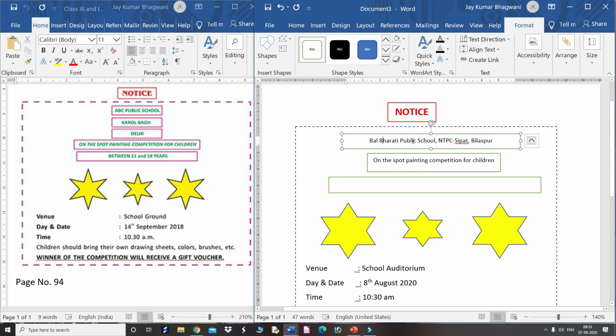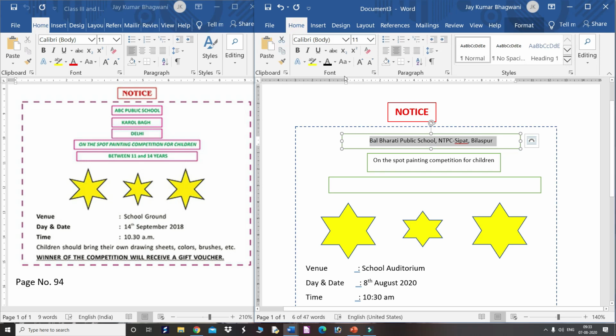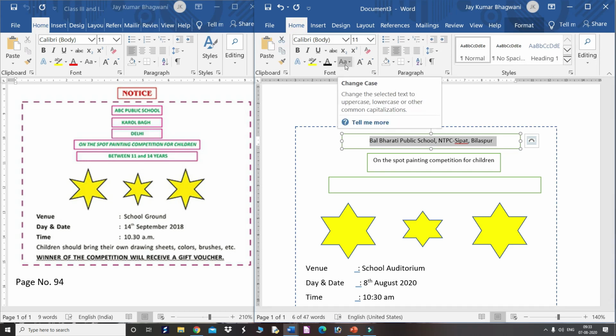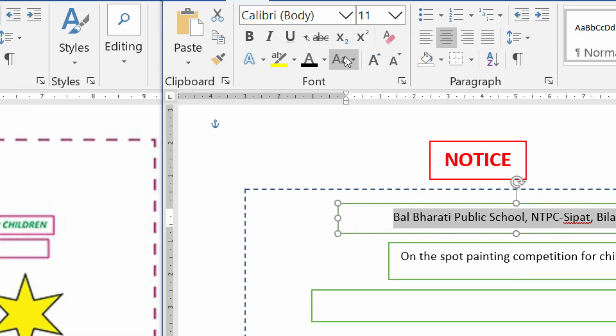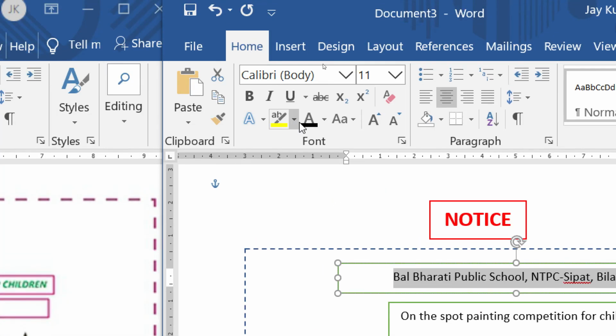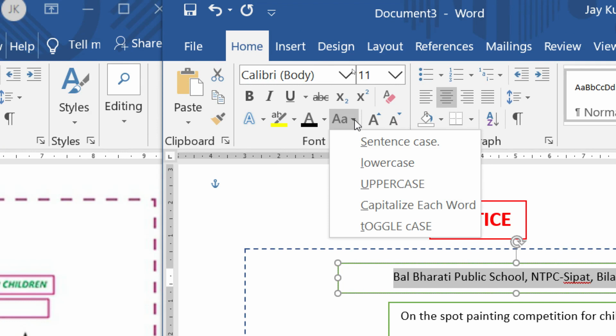So without deleting it, you can change it. Select the text, go to the home tab. There is an option called change case. This is the option called change case. Okay. When you go to the home tab, there is an option called change case. Here you have to do it uppercase.